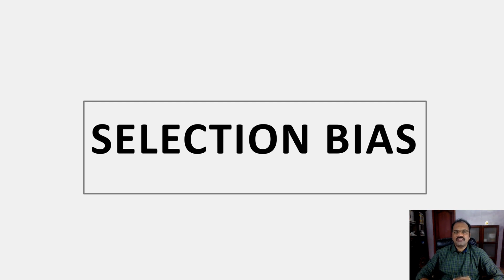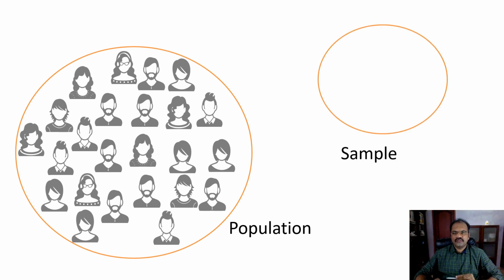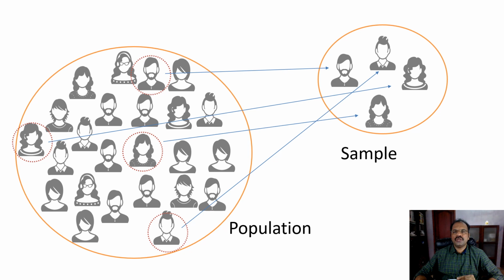Especially one is selection bias, which is very common even in published literature. What that exactly means is, when you are doing a study, you won't be studying the entire population, right? You will not be studying the whole population who has that particular disorder. What you will be doing is studying only a selected sample. How you do that is you pick one patient, then you pick another patient, another patient, and after that you assess that particular sample.